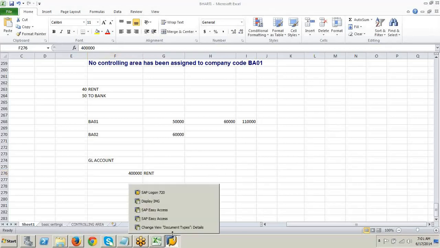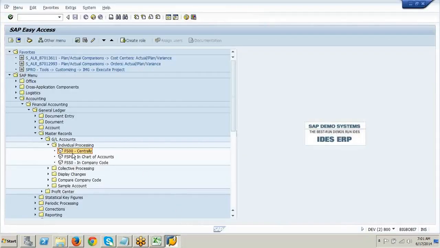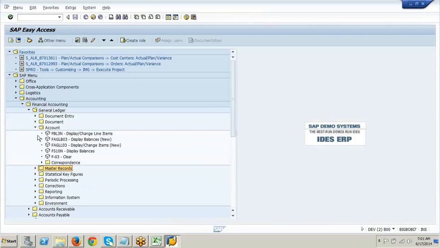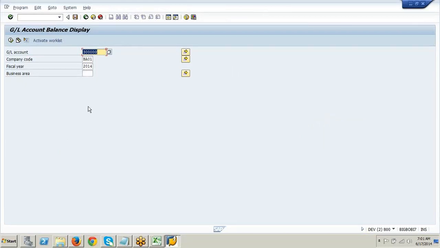Now account wise balance I want to see. I go here, account FS10N. Can you see here? FS10N.